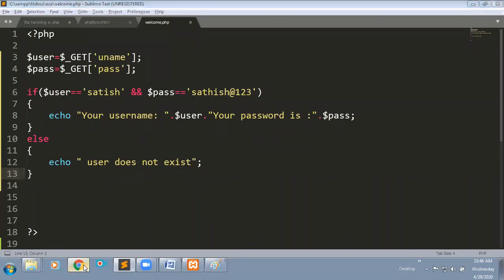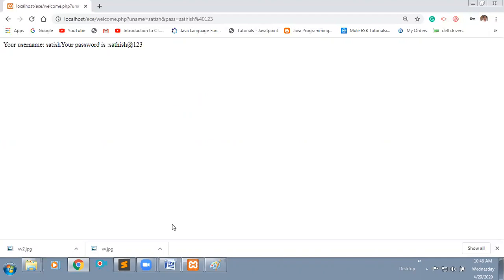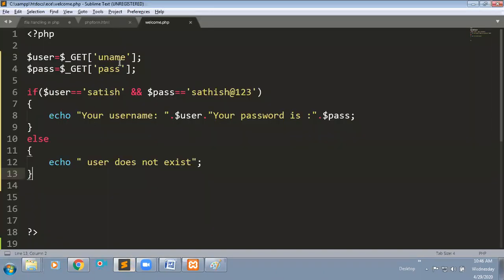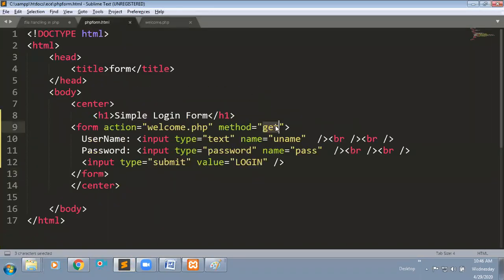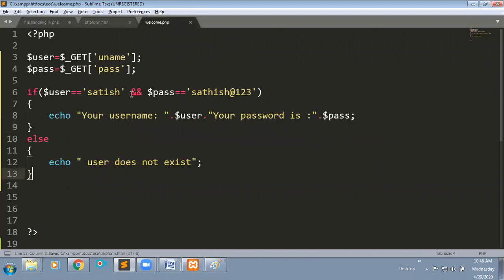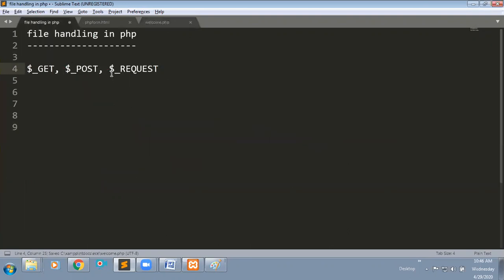Clear? For example, if you are using a post method here, you need to go for $_POST here. I said one more super global variable, that is $_REQUEST.